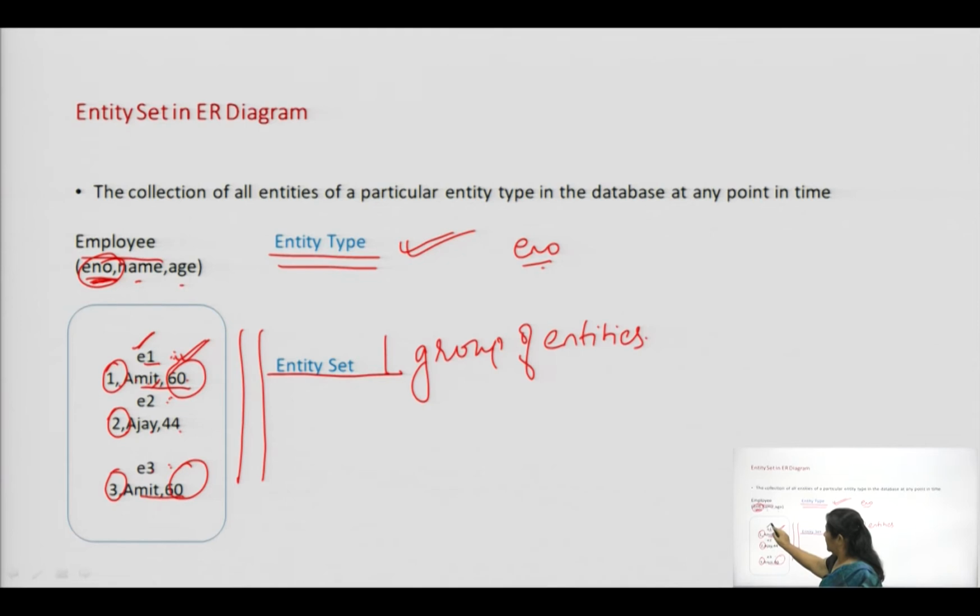That for each entity it should have a distinct value. If this was not so and the value of ENO was also 3 over here, then how would we make out a difference between these two entities in this entity set? So, the key needs to have a unique value for each entity in the entity set.